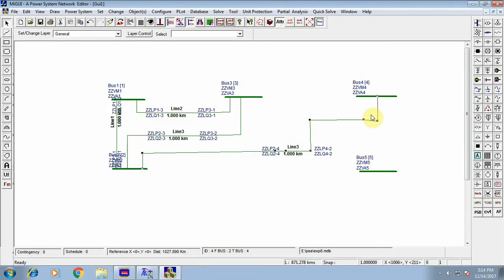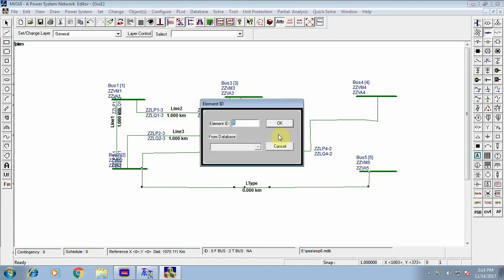Done with this line, and then click on the transmission line for drawing the fifth line here, which is between bus number 2 and 5. So in between 2 and 5, we have this bus. Click in between bus 2 and 5. From bus is 2. Double click on this bus number 2, and then here to bus, bus number 5.